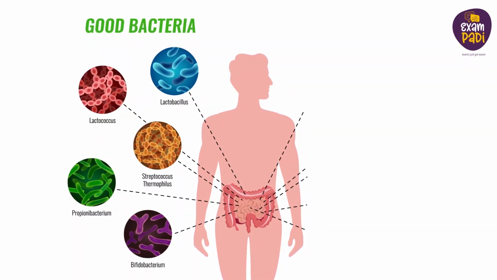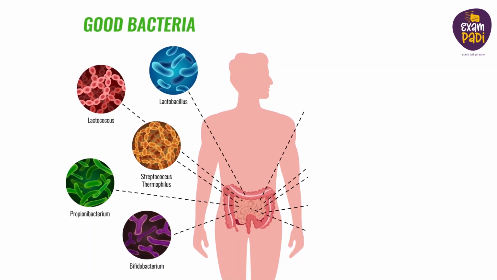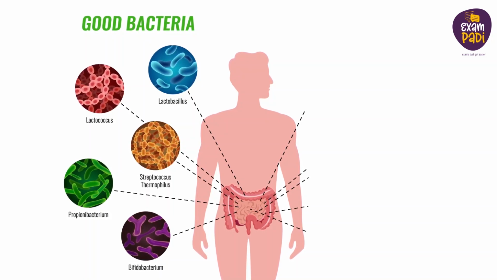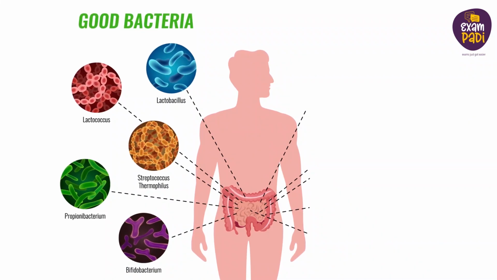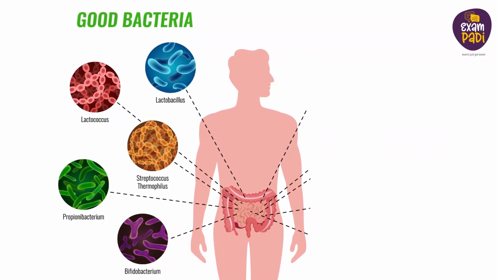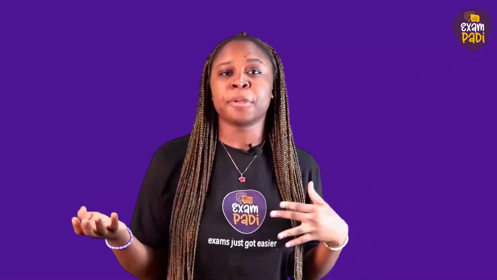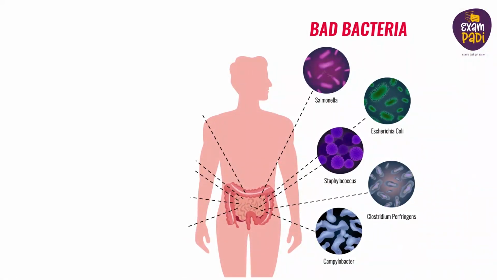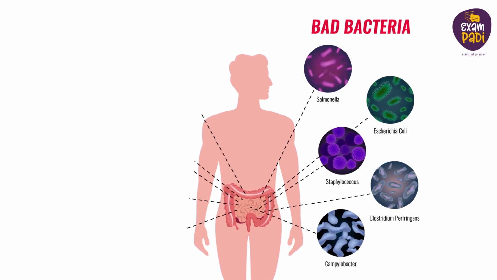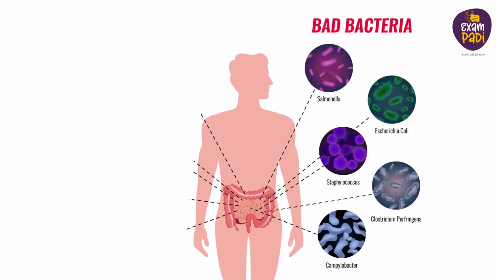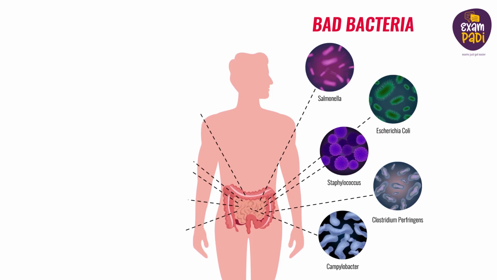Some bacteria are helpful and important for our bodies. For example, they can help us to digest our food, make vitamins that our bodies need, and even help our immune system fight off harmful germs. Just like how your dog is your friend and keeps you company, some bacteria are our friends too. However, there are some bacteria that can make us sick if they enter our bodies in large amounts or if they are the harmful types of bacteria.